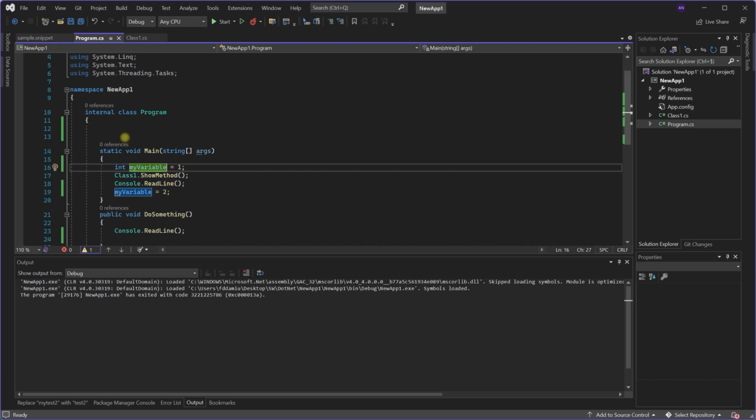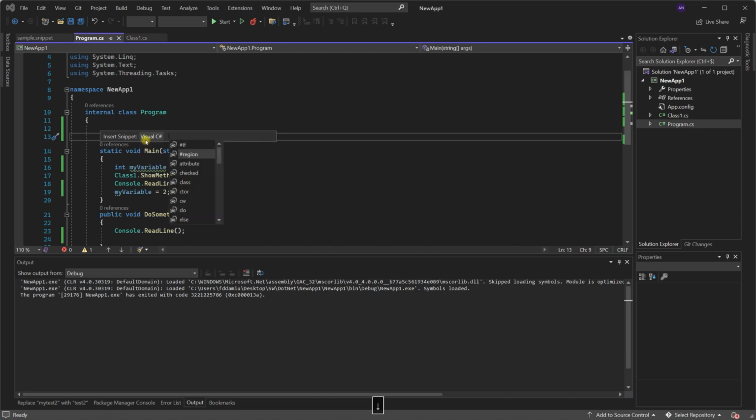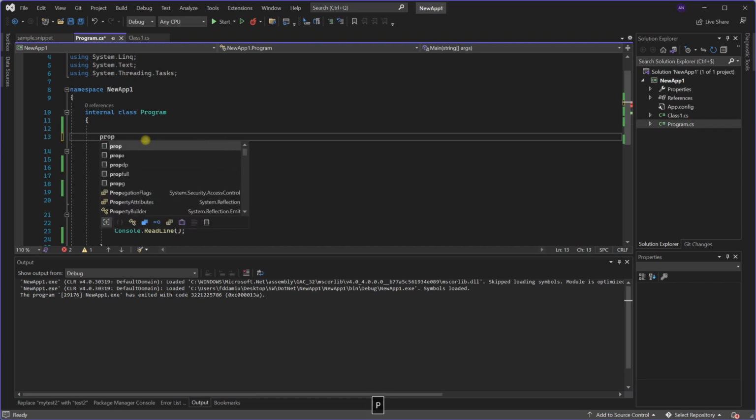When you need to see the code snippets that already exist in Visual Studio, you can press Ctrl K, Ctrl X. You choose the environment you want, for example Visual C#, and here you have class, setter, etc., all the existing shortcuts. If I want to use a shortcut, for example prop, to add a property, so tab twice,